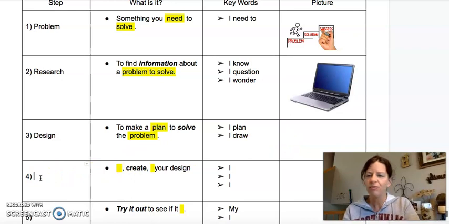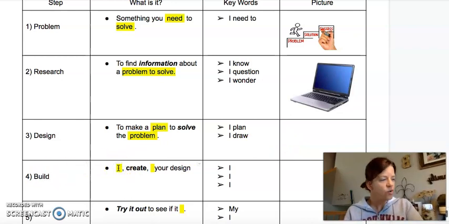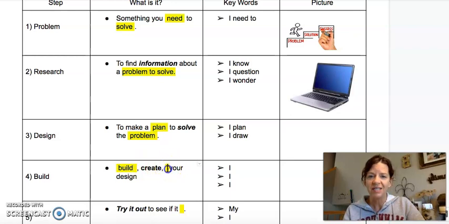All right, students, number 4. This is where you get to build it with all your materials. So what is building it is where we build or create or do your design. Okay, you're going to actually do it with all the materials that you have. Keywords are I build, I create,